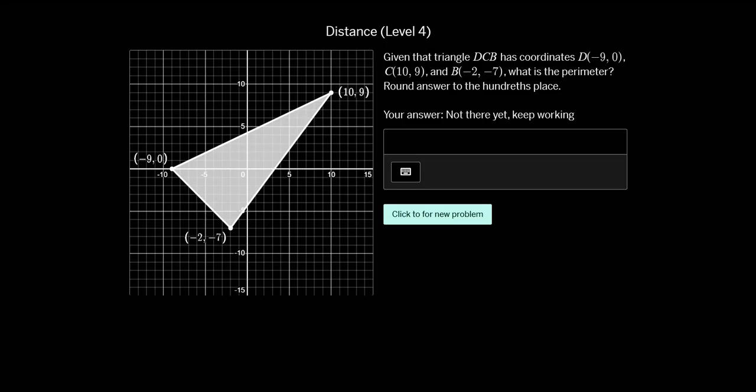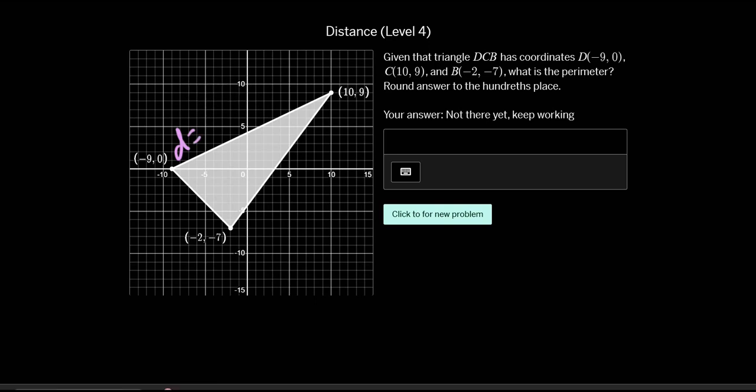Now, perimeter, if you don't remember, perimeter is looking for the distance around an object. And so if we're looking for that distance around an object, and we're looking at a triangle, which we have its coordinates, then this is where the distance formula comes back into play. So in theory, what we would do is we would look at each of the three sides and we do the distance formula. So for example, we'd look at this top side, and we would do